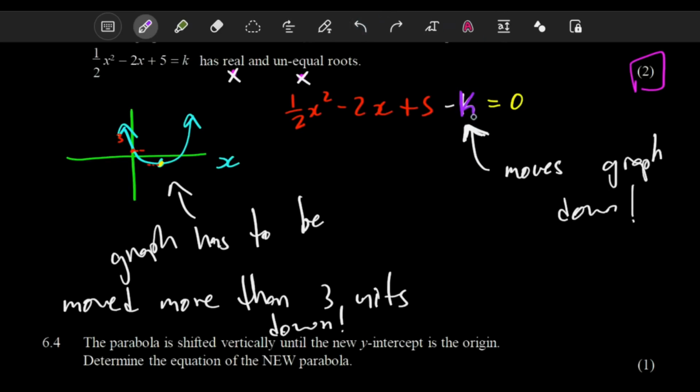K technically needs to be what? The funny thing about how we're going to answer this question is that we're actually going to need to say K has to be bigger than 3. The reason why we have to say K is bigger than 3 is because if you drop a 3 here,